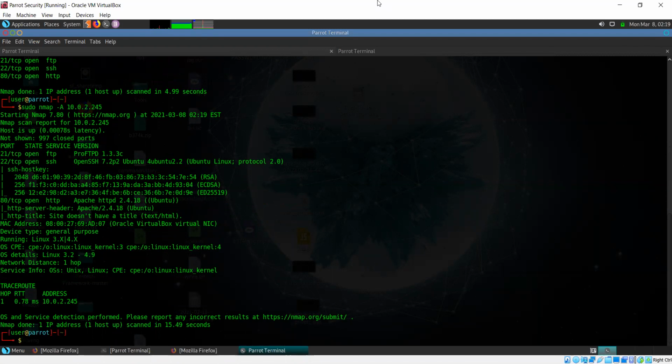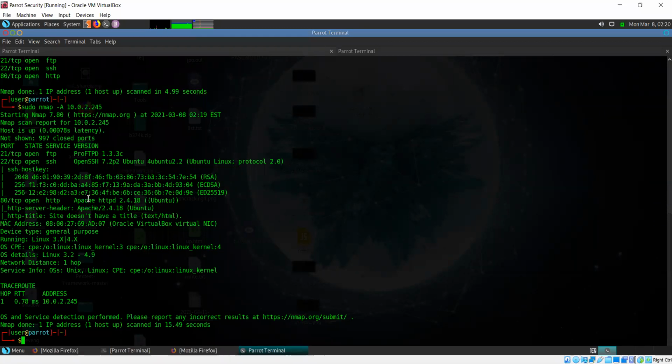Okay, it has already given us the results of the scan. Now you can see in this case, rather than just telling you that port 21 is open and FTP is running, it has also told you what exact software or service version is running. ProFTPD 1.3.3c. This is the version of the FTP server that is running. Similarly for SSH, OpenSSH 7.2p2 Ubuntu is running. So this is another indication that our target is Linux, and even more specific, it's Ubuntu. Our target is running Ubuntu.